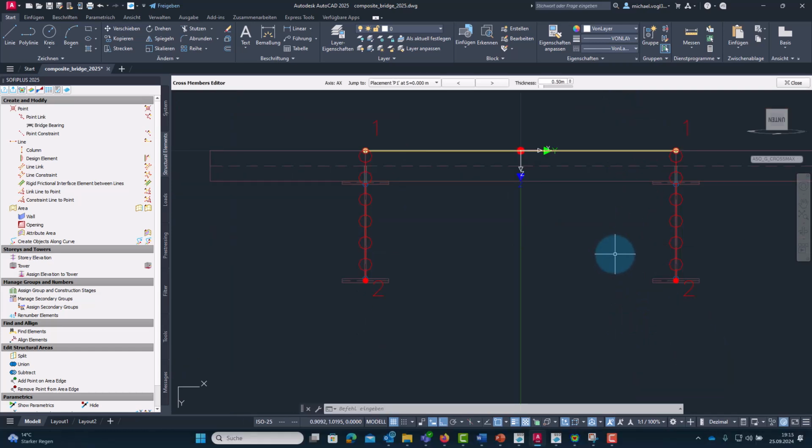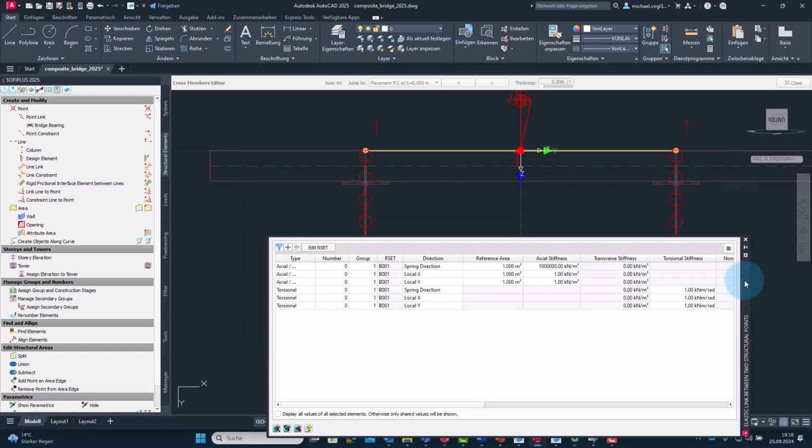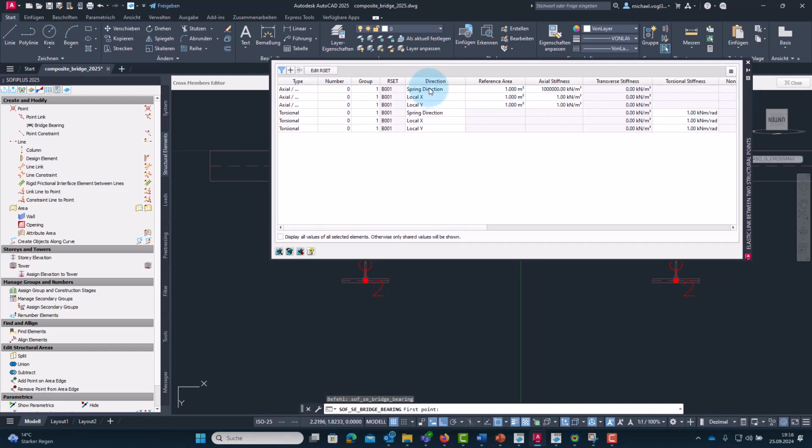Okay, now we can create the bridge bearings. So, as you can see, the bridge bearings are designed as a set of axial and torsional springs.